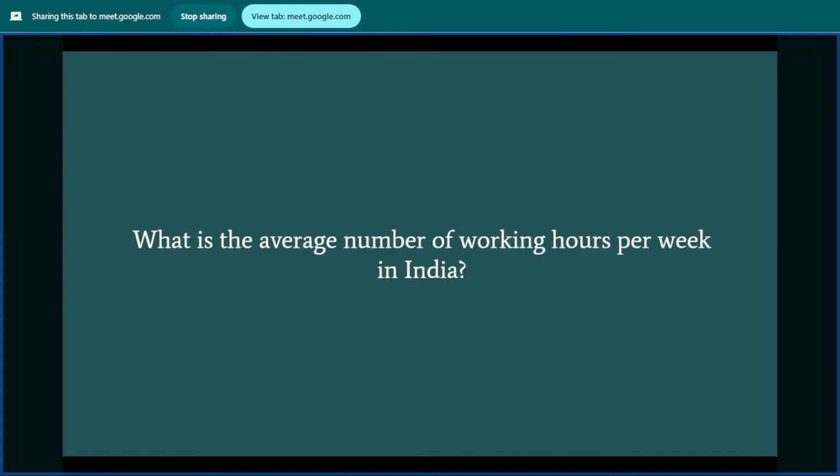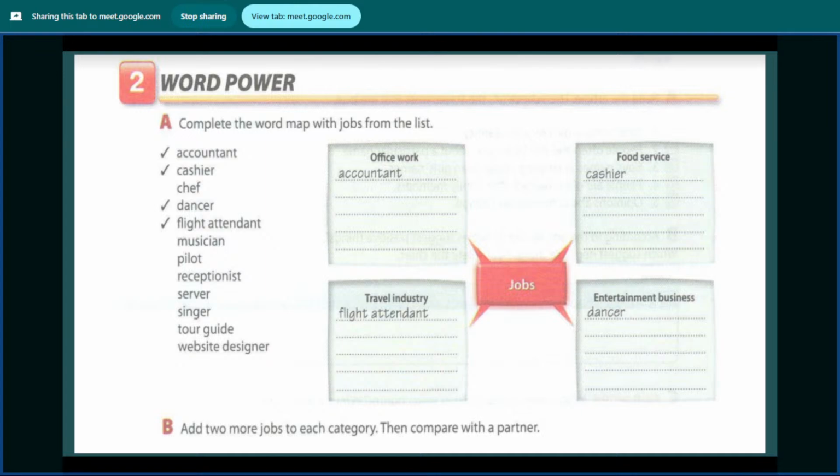Okay, let's move to the next part. Over here, we have a word power exercise. This is a very easy exercise. You guys can do it for home assignment. Here you only need to put these jobs which are given over here into the correct categories. Now understand this. Some of the jobs can even overlap. For example, cashier. Cashier can be in food service also. Cashier can be in office work also. Okay, this word is pronounced chef. Chef. Okay, the person who